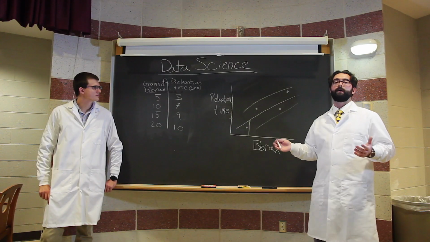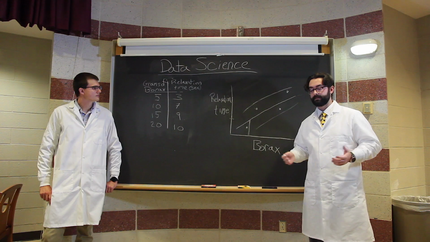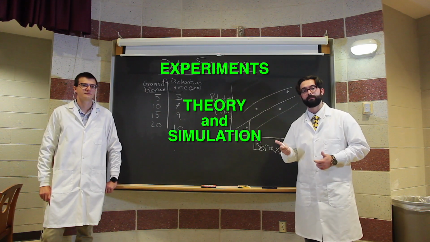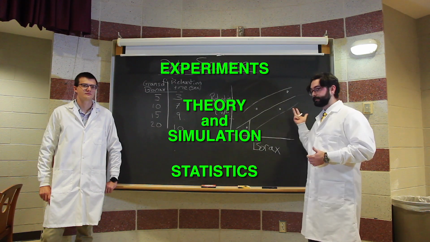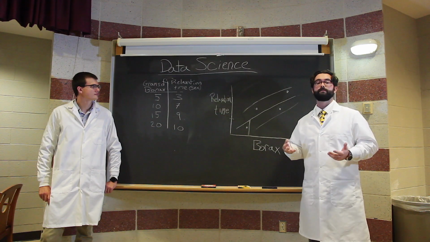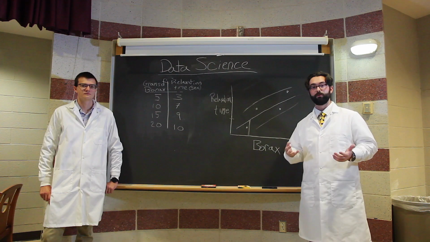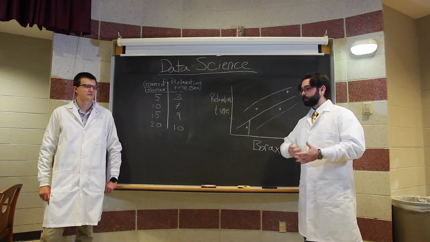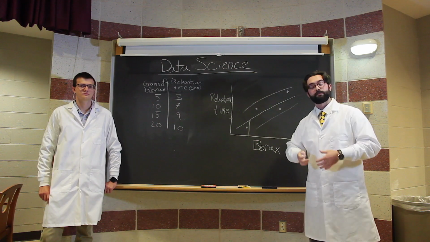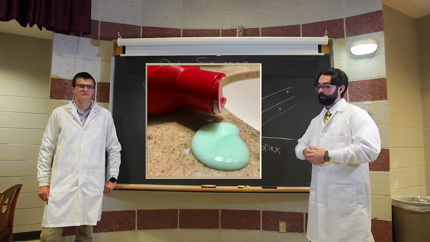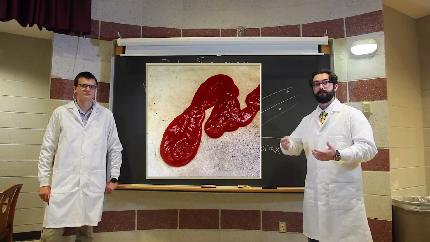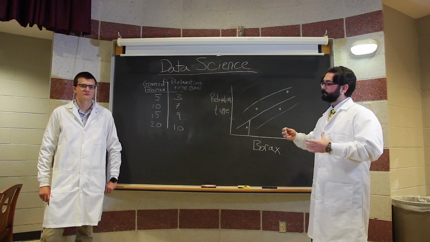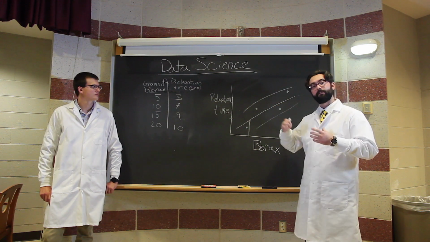So our final takeaway from this video is that the three methods that we showed you today, experiments, theory simulation, and statistics, are what we really use in scientific studies to predict material properties. And so this is shown in many products that you may use, like shampoo, food, blood, and polymer or plastics. And so we hope that you learned a little bit about how these are done and how they're core to